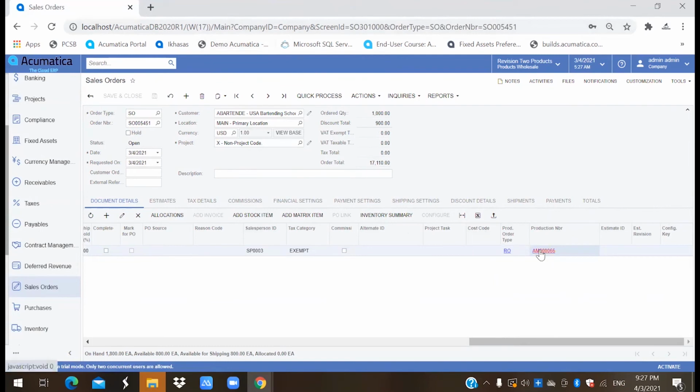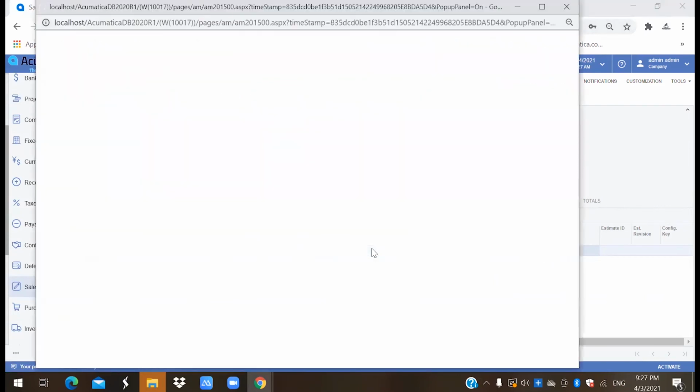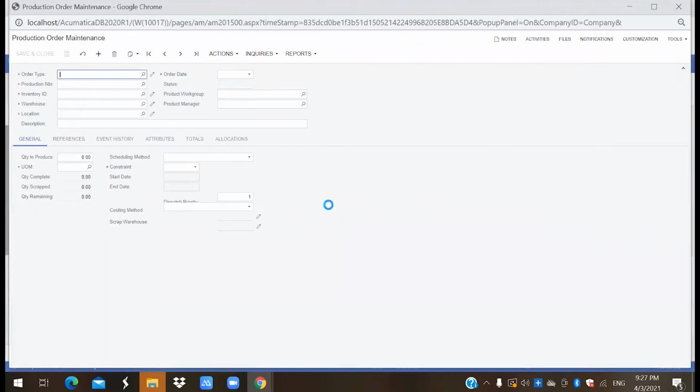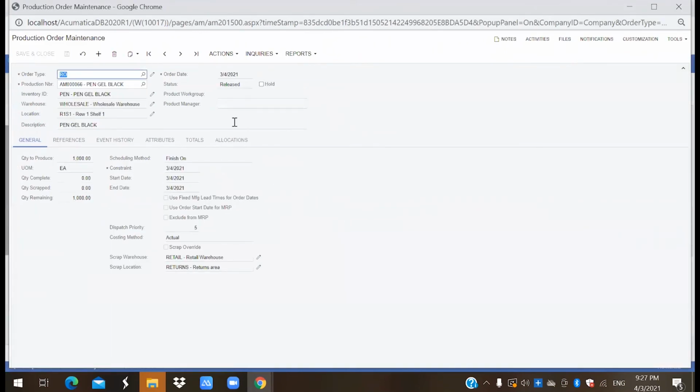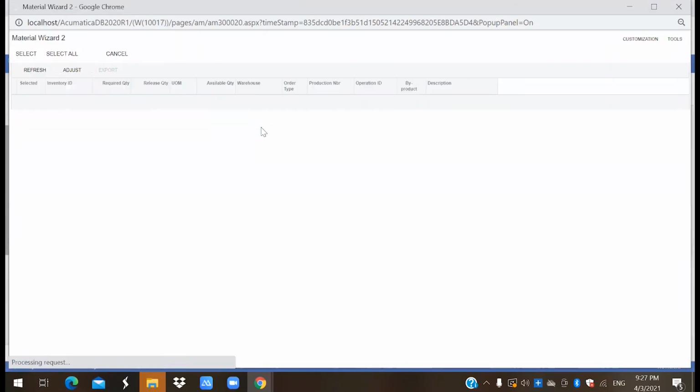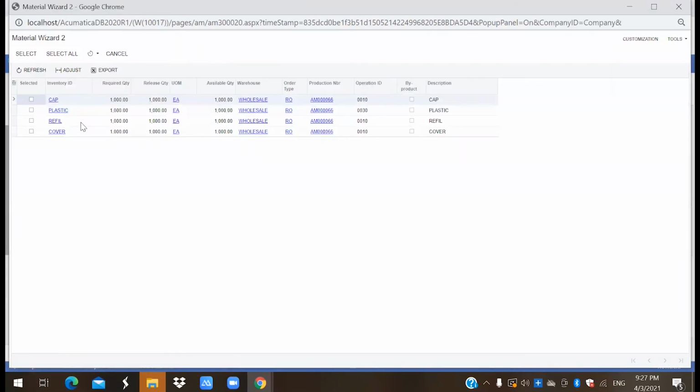Now let's see our production order. Now let's release all the raw materials since we already have them in our warehouses. We have the ability to release the items by work centers, or if you want to release only 2 items, we can release only 2 and release the rest of the items later.